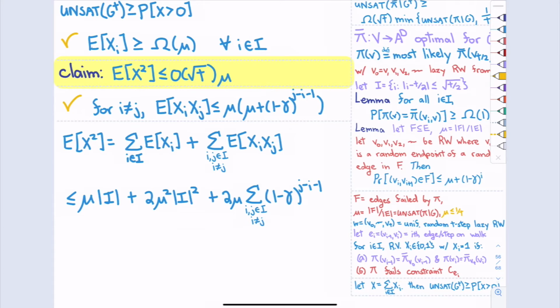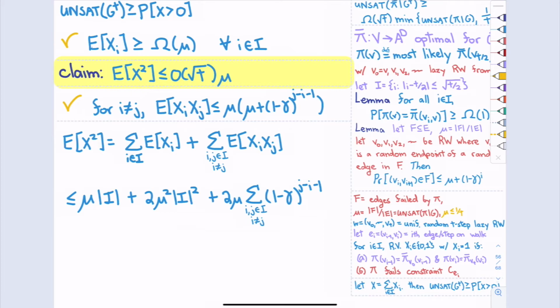Okay, so if I fix i, the first edge, and then I go over all the different j's, you get 1 minus gamma plus (1 minus gamma) squared plus (1 minus gamma) cubed plus (1 minus gamma) to the fourth and so forth, where gamma is some constant. Think of it as like 1/2, right? So what does that all add up to for one fixed i? Yeah, it's a geometric series, so it all adds up to a constant. If gamma is a constant, otherwise it's like 1 over gamma or something, but gamma is a constant because we're in an expander graph, so that's important.